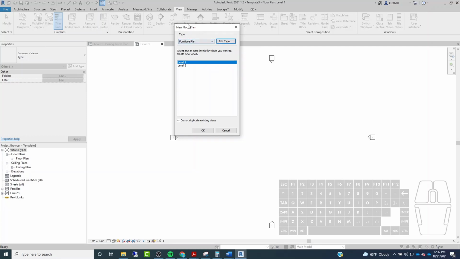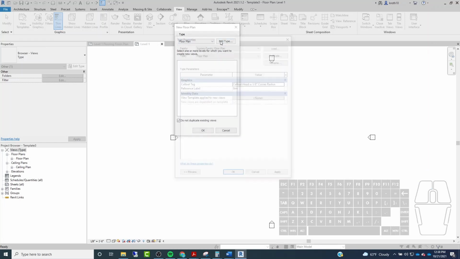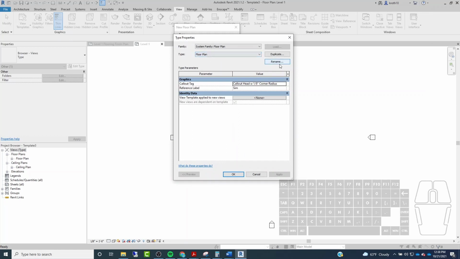Now, whenever I choose a new type of plan, you can see it's giving me options to create a new type of view for those different levels in the project. So if I were to go to the regular floor plan, you can see that right now the regular floor plan that's in here is just blank because we already have regular floor plans made for those two levels. Actually, what I'm going to do is go back to Edit Type, and I'm going to rename the regular floor plan Working Floor Plan, or maybe I'll just